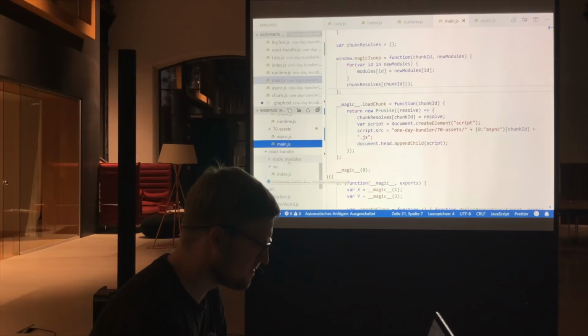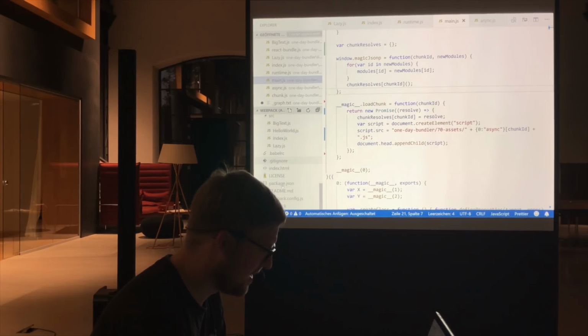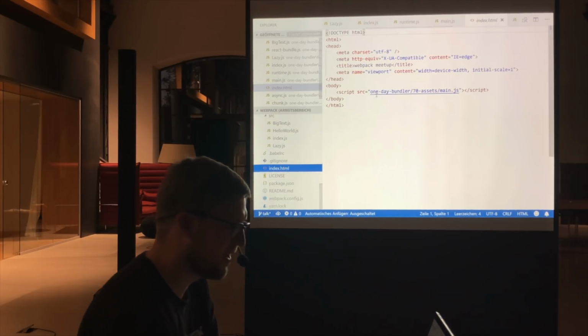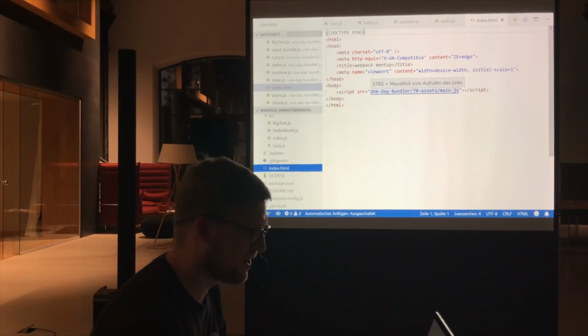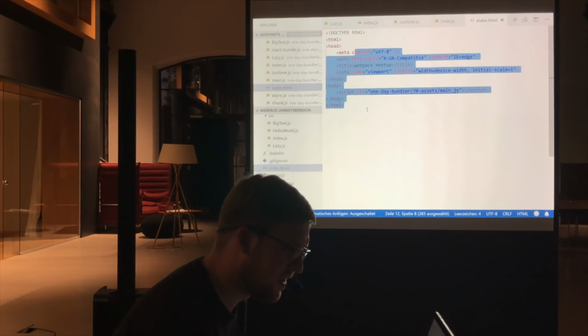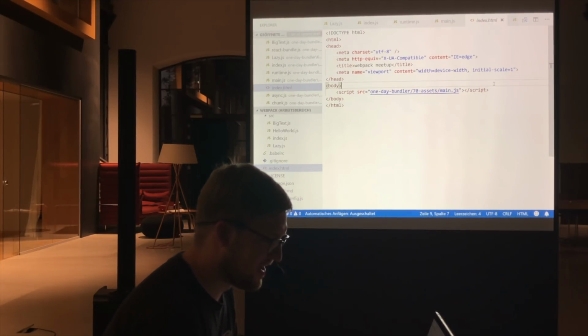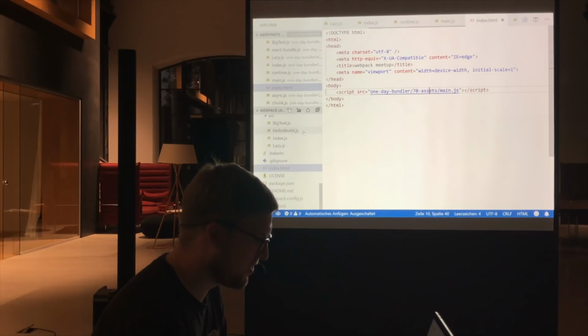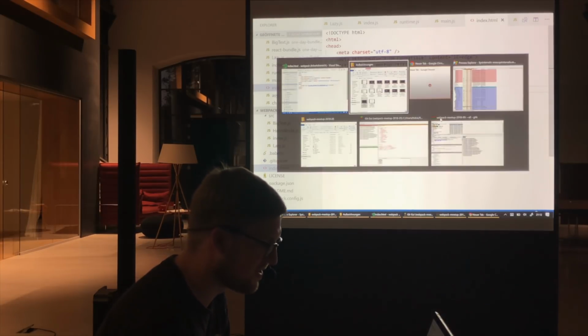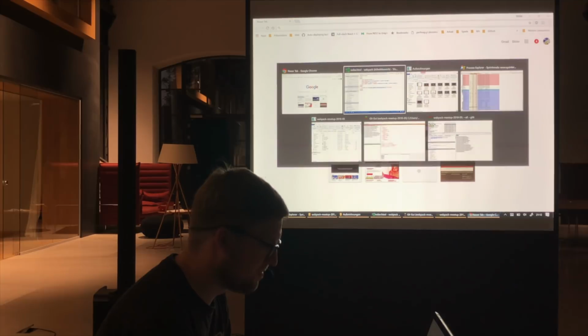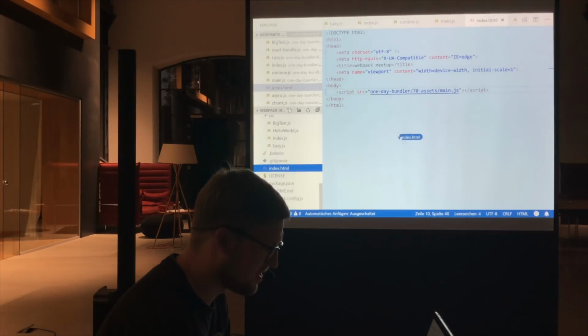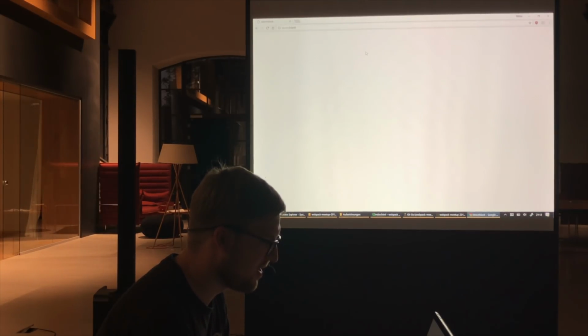So I prepared an index HTML file because I would probably get this wrong if I write it by hand. So we just include main.js, and let's try it. Just drag and drop this file into this browser, and it doesn't work.